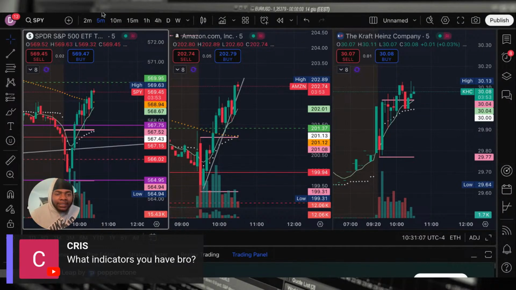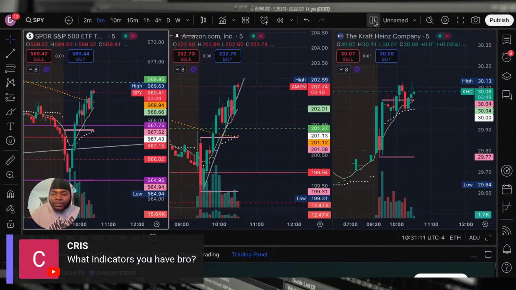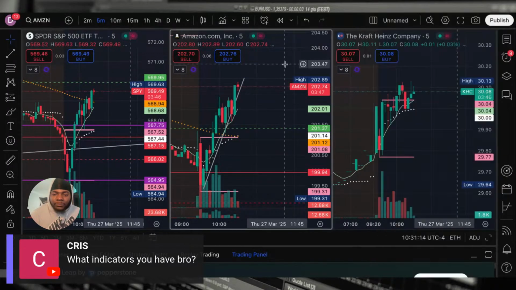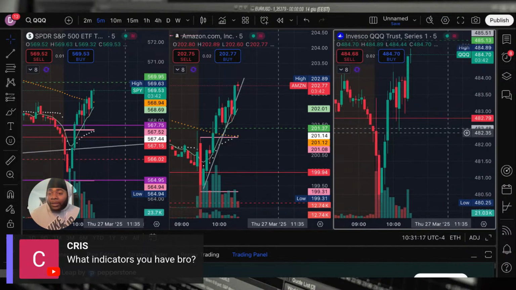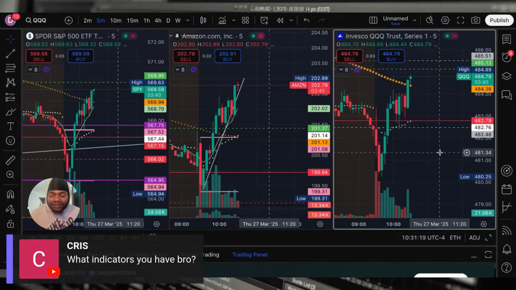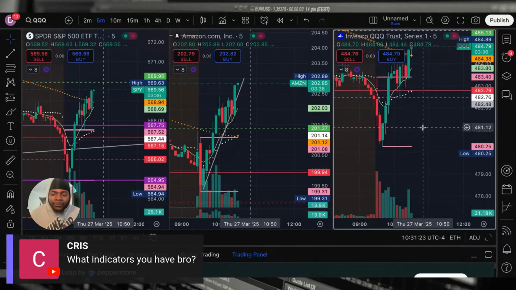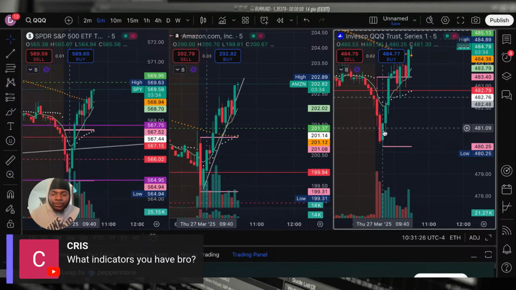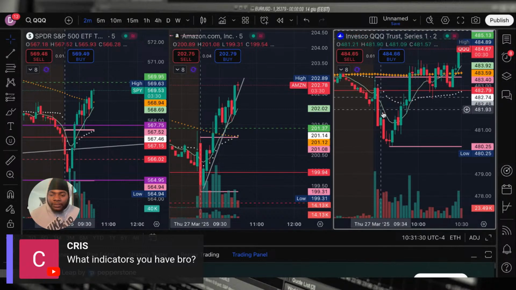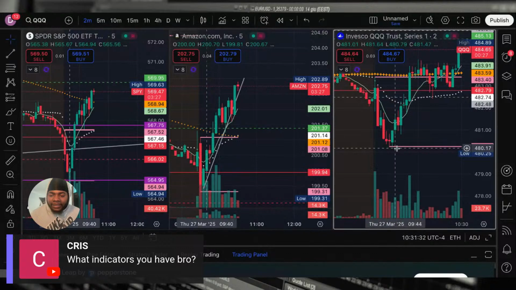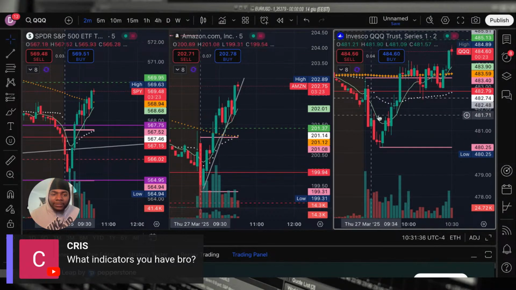All right. So you said the indicators. I'm out of Amazon, guys. We got 20% out of that. We got stopped out on QQQ one time. No, actually, I got stopped out twice. I went back in. I was only using one contract. I got stopped out right here, though. We got up to 13% on QQQ puts earlier. We was on the 2-minute chart. QQQ puts right here. We got up to 13% right here, but we got faked out in reverse. So we lost on that one right there.